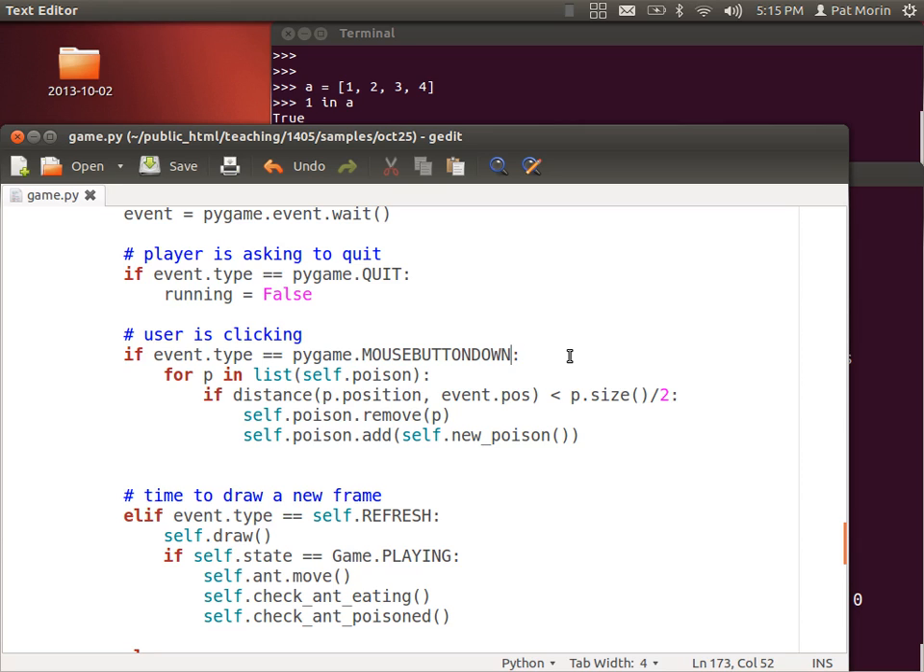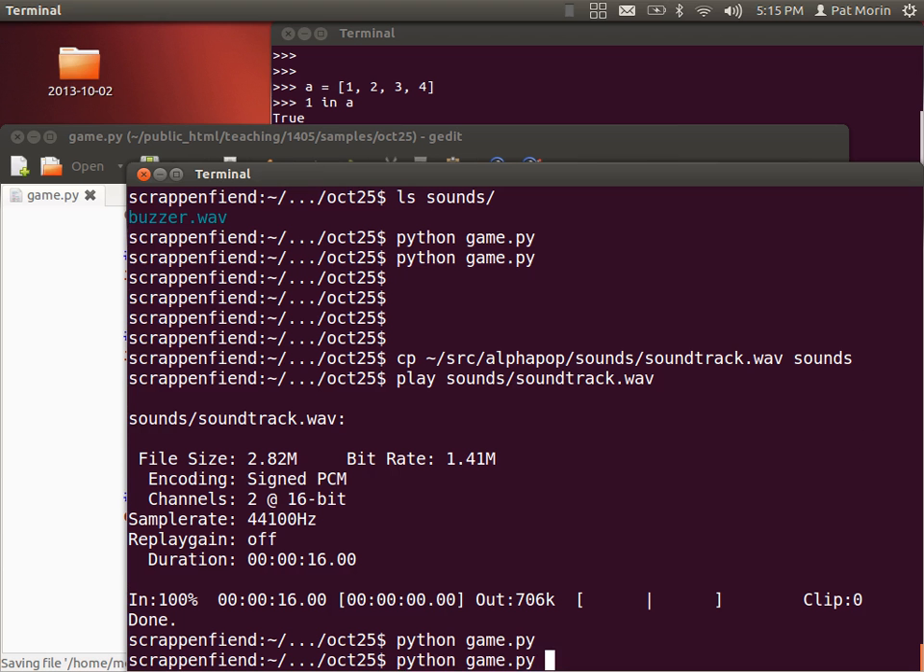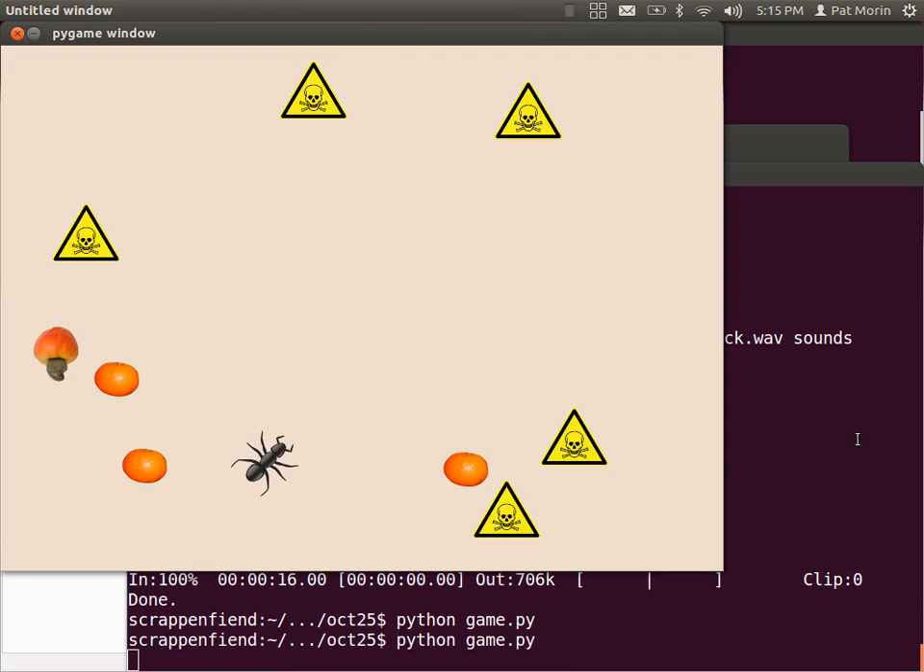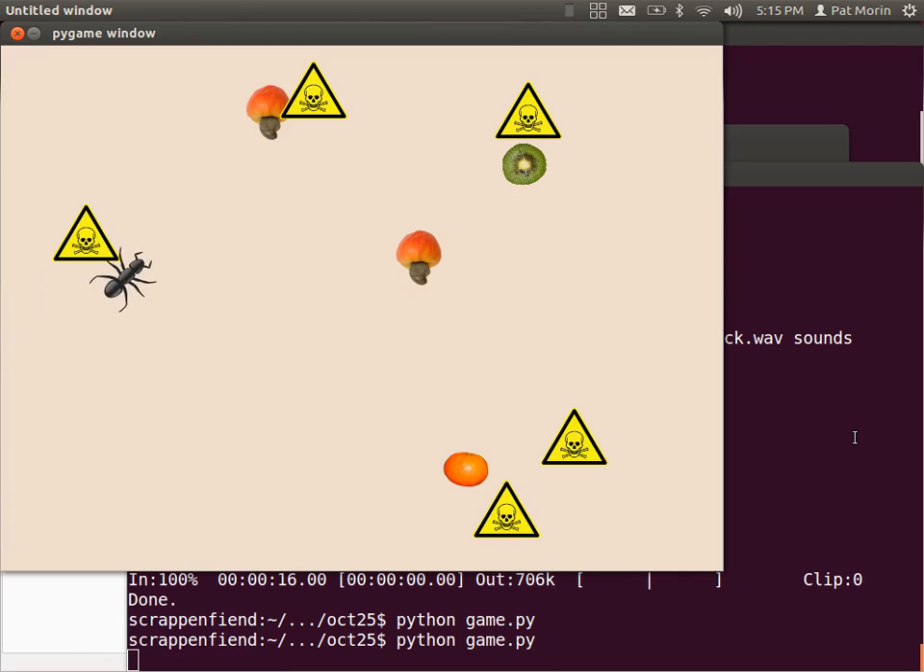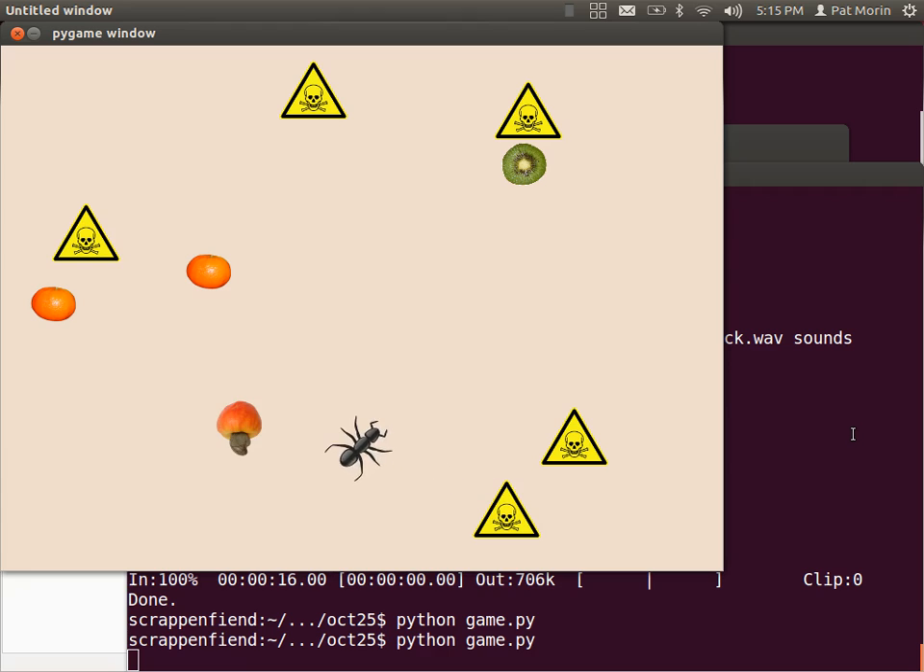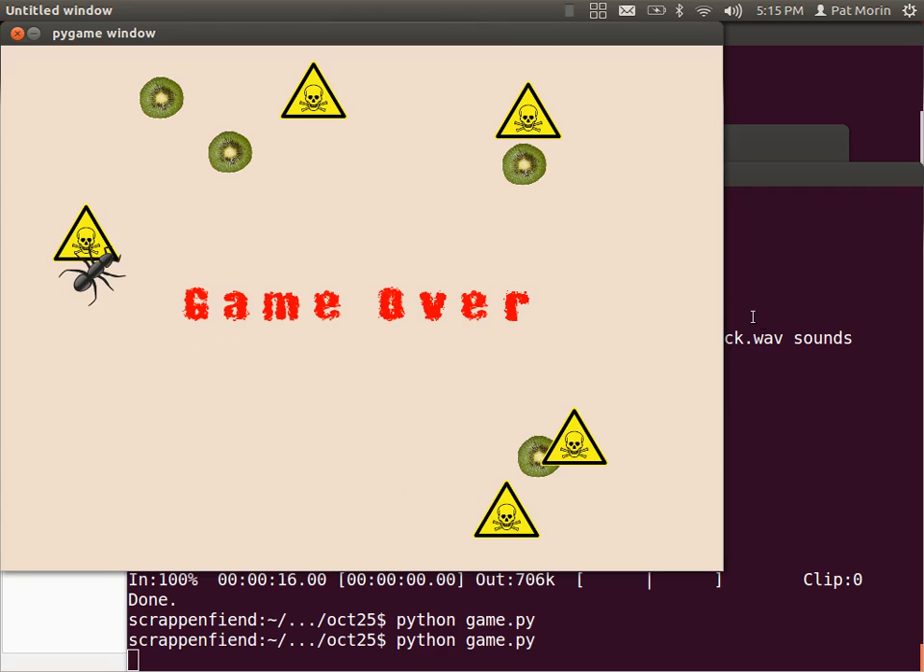It's good to have really dumb interfaces for things, and so I think we could live with a one-button interface. We have one button for getting rid of poison. Same button could be to play again, right? So let's see if we can get that working. So if the event type is mouse button down,